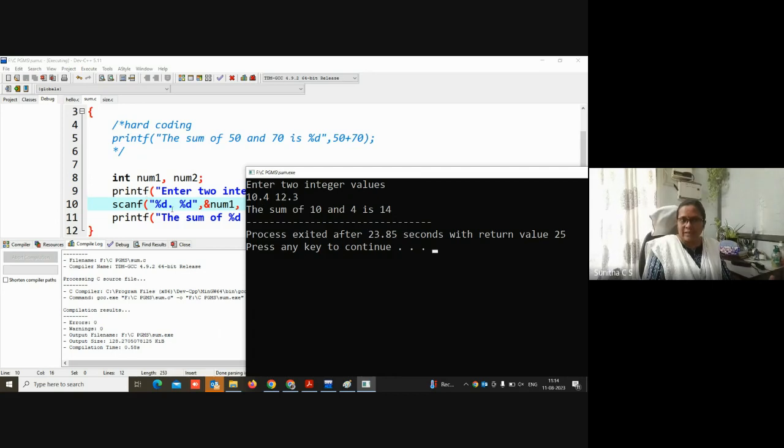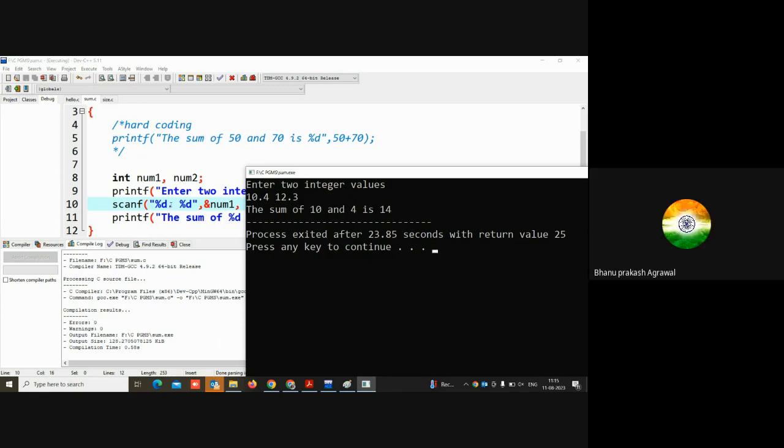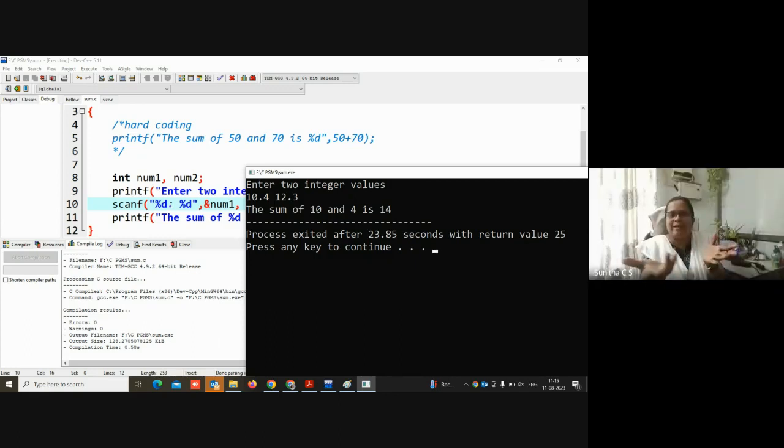So it finds that in the scanf there is a point, which means the point is taken as a delimiter. Earlier, that space was a delimiter when I gave it. So here that dot and space is taken as a delimiter.